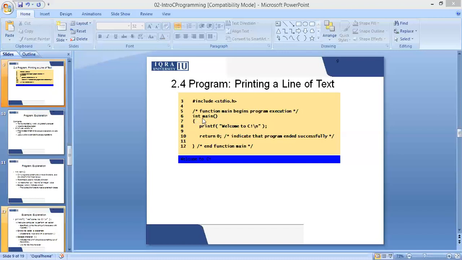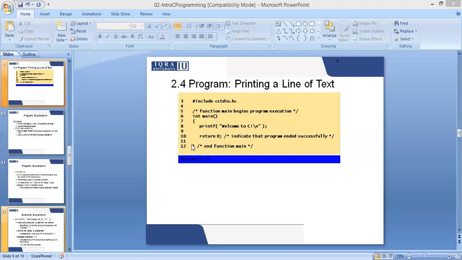Generally, it is written void main void. What does void mean? Void means nothing. Neither am I giving anything to anyone outside the main function, nor am I taking anything from anyone outside the main function. The first void says I am not accepting any value from any other function. The second void, which is written inside these brackets, tells I am not giving any value to any other function present. Empty bracket means it's void.